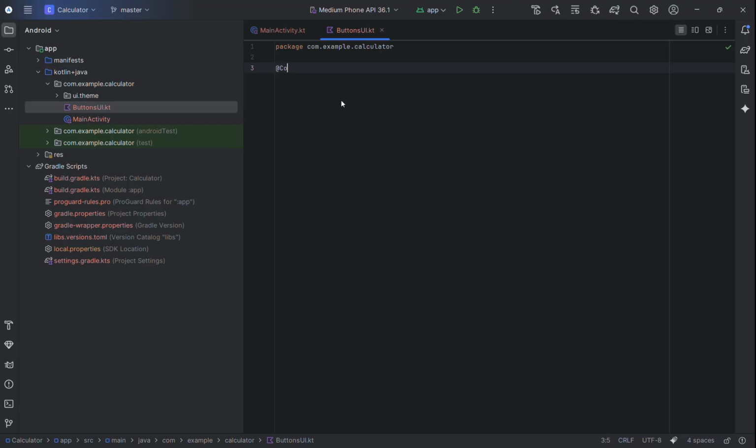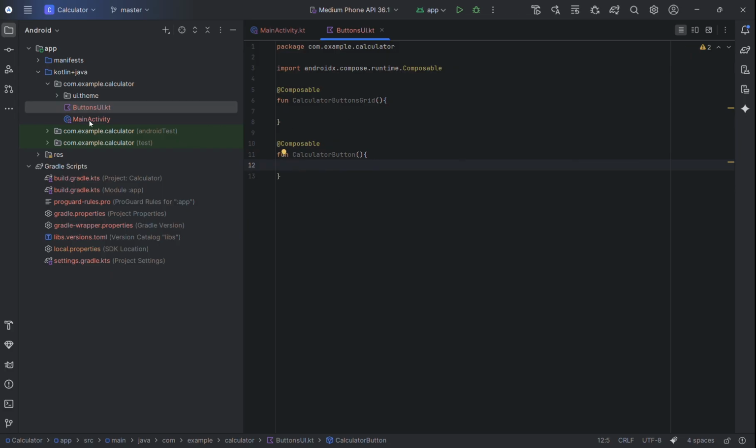So add composable. Alright, once it's done, go back to main activity,